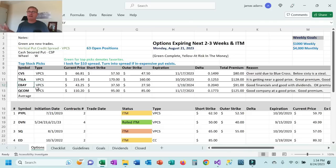And then eBay, I've currently owned some eBay. Again, I like it because the price has come down so much. At 37.50 it's paying a fairly okay dividend. I think at 37.50 it may be like 2.5 to almost 3% in a dividend. And they're increasing the dividend quite a bit. They're kind of like Cisco turning into a dividend company. So this was a 37.50 strike for the short put, and the outer strike, the put you purchase, was 27.50,